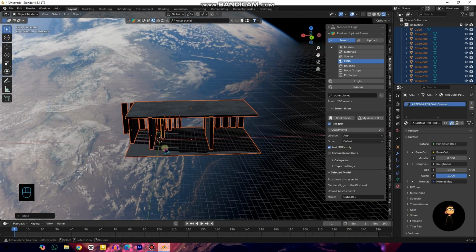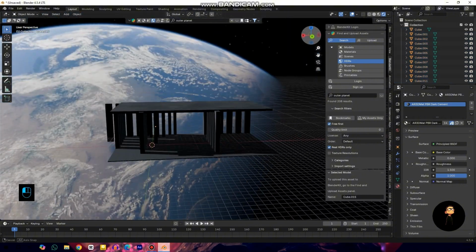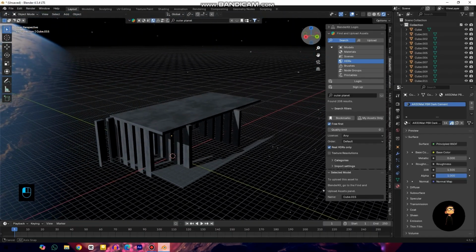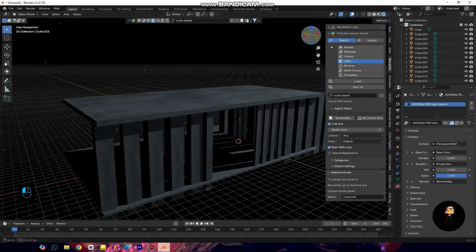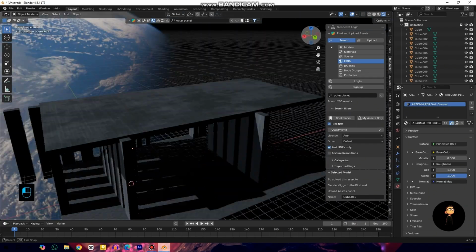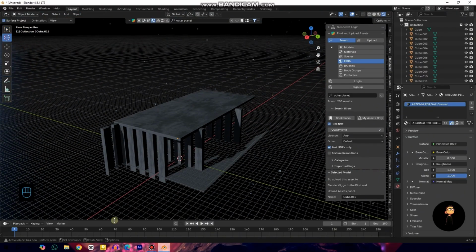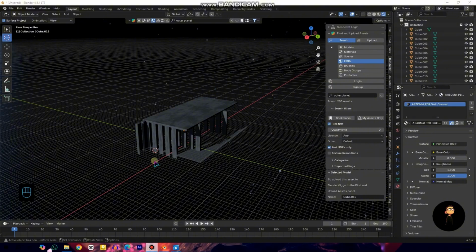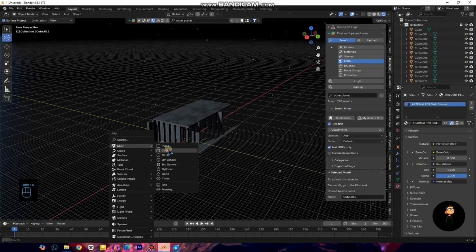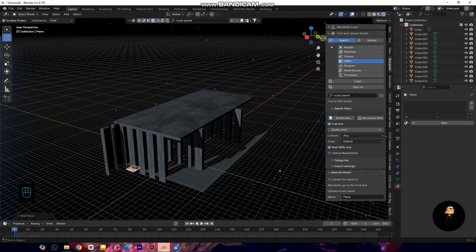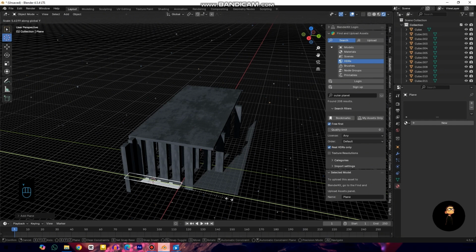Okay, so that's it. And one thing I'm adding for it now: this light is coming from this side. I want it to come from this side, so I'm just adjusting it myself. I'll add one plane to it. Press Shift A, then Mesh and click on Plane, and then S and Y to scale it up something like that,